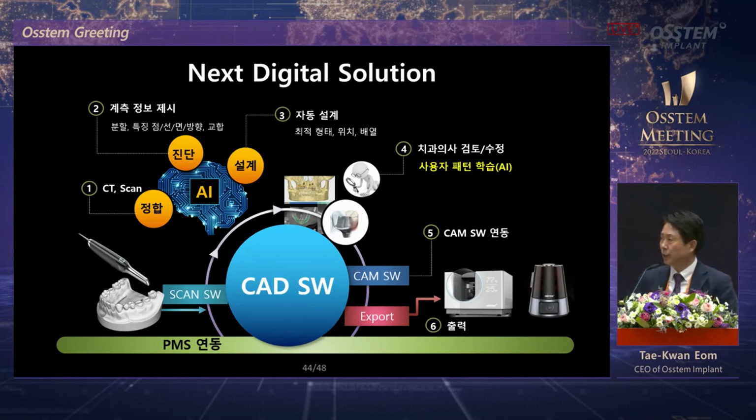So the digital platform is like this. The PMS link. This is one click based on PMS. CAD software will be used for the integration of all these activities. When you do a CT scan or intraoral scan, merging is very important. If you do merging properly, the result is very good. So your effort is required. Your effort is determining the precision. So we want to get rid of that.